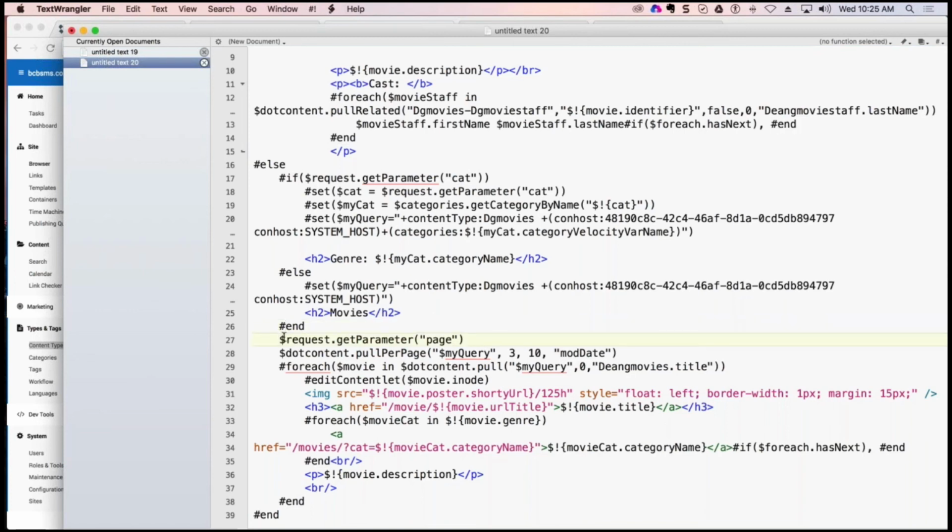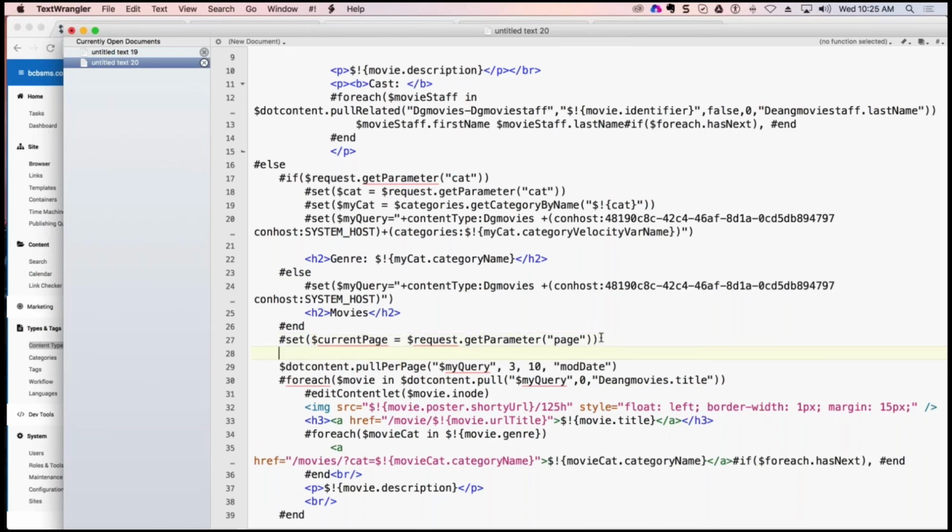Here, I'll pass you that code, but just set request.getParameter page to a variable, my page, or maybe current page, equals request.getParameter page. And then we would do if the current page is set,